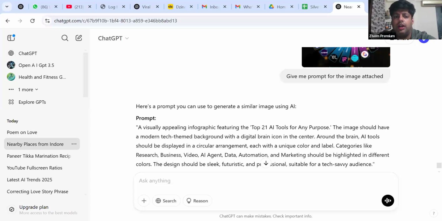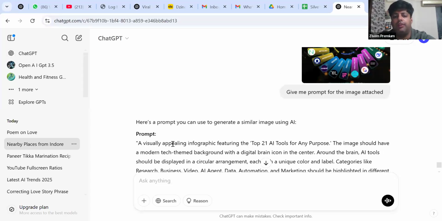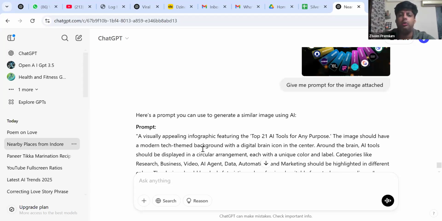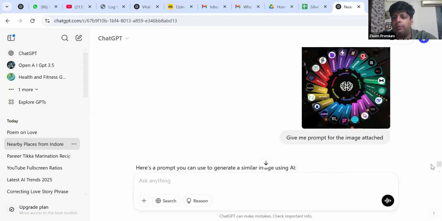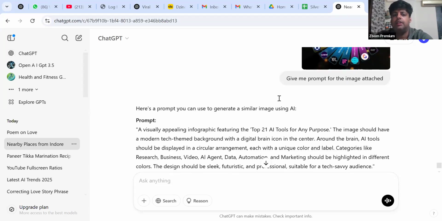I want a visually appealing infographic. I already taught you what infographics are. This image is a type of infographic because it is giving information in a graphical format.